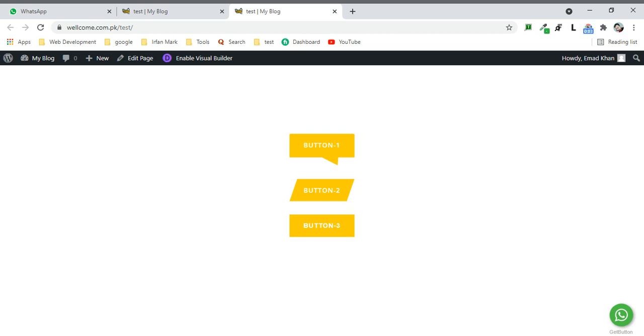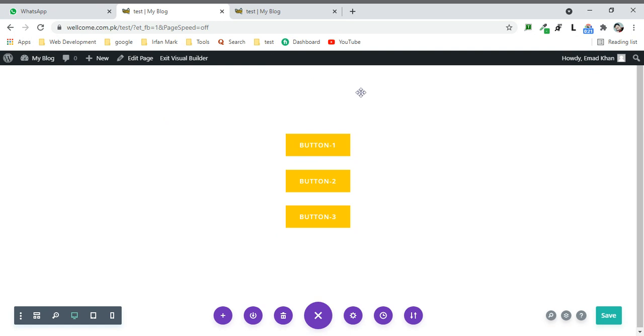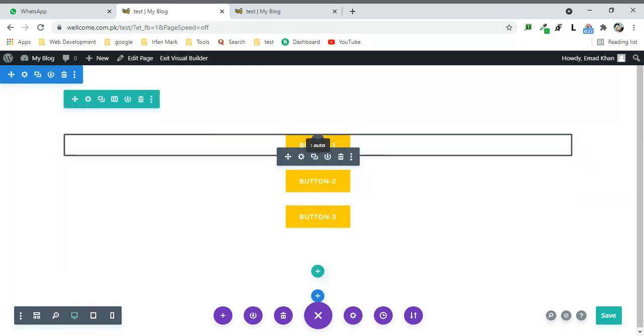Hello viewers. Today's topic is how to design buttons in Divi Builder, like a comment button, a cross button, and a beautiful hover button. So how can we do this? I already created three buttons